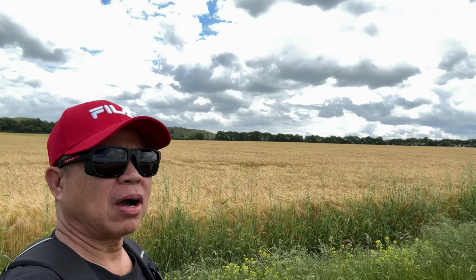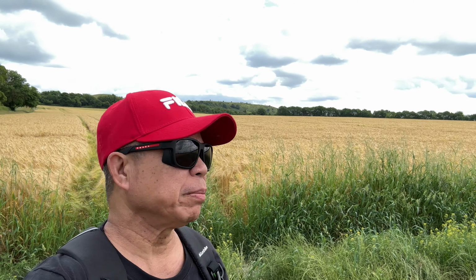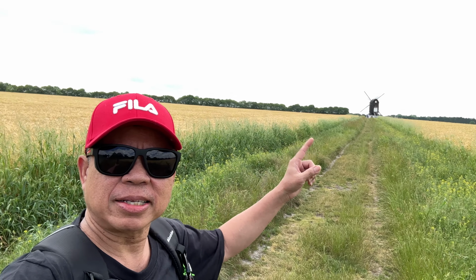It's my day off today, and because it's a lovely cloudy day, it's not so hot today, I decided to go out and visit a few spots to fly my drone. I'm here right now in Ivinghoe to visit an old windmill with so much history. You see that windmill? Yeah. This windmill is right in the middle of a field. So let's take a look